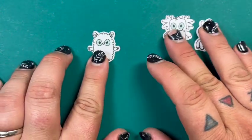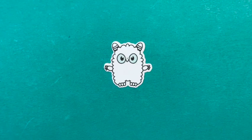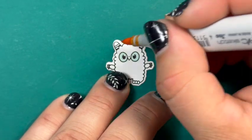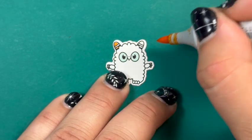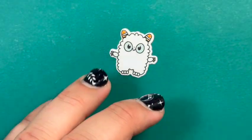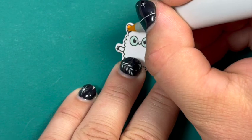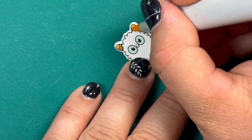So we're going to start by coloring this little floof monster up. This cute little floofy guy. And I'm going to color in their horns with my YR16, my apricot. So I'm going to put that right up here. And right in there, right up here, right down there. Then I'm going to move over to my Y08, which is our acid yellow. And we're going to use just the tip right in there and just put in that fine little line in